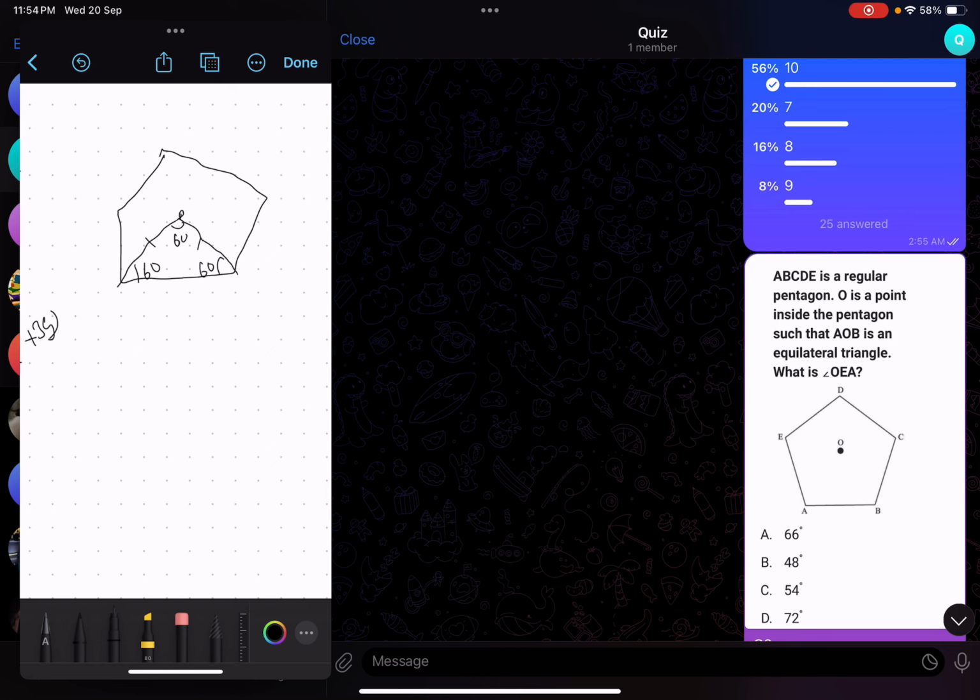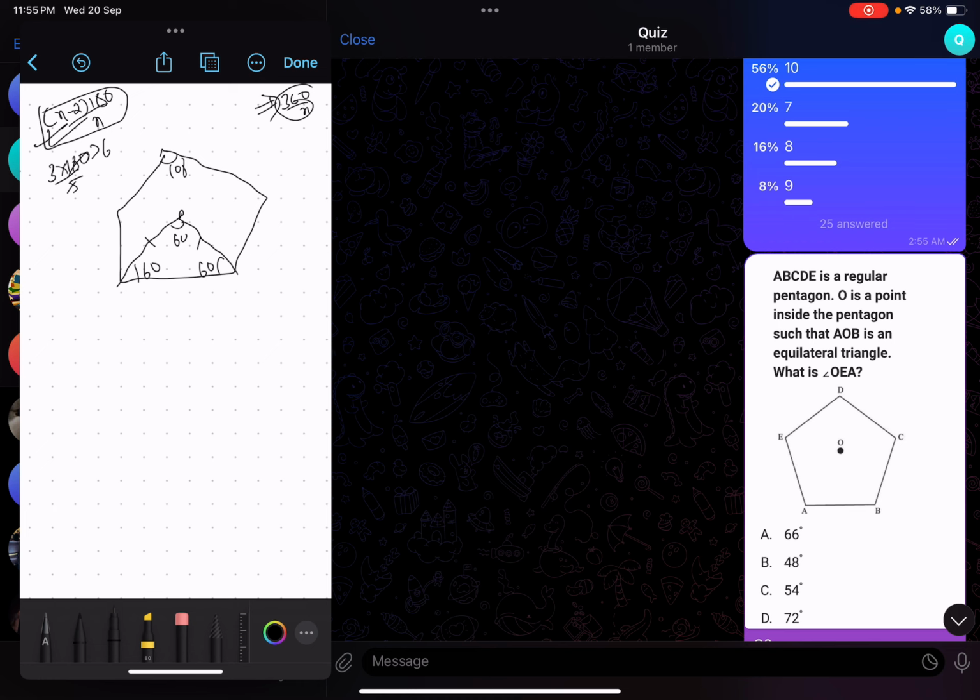Now we know that each angle for a regular polygon is how much? (n minus 2) into 180 by n. This is a very important formula. You should learn this by heart. (n minus 2) into 180 by n is for each interior angle, and for exterior it is 360 by n. This has less use case, but this is very important. So we have n equal to 5. So 5 minus 2 is 3 into 180 divided by 5. So 5 into 36 is 180, 3 into 36 is 108. So each angle will be 108.